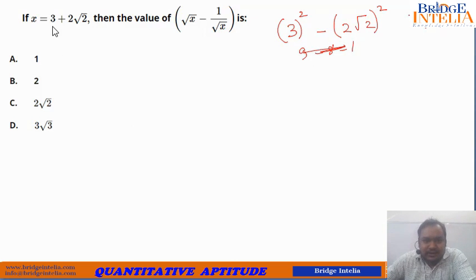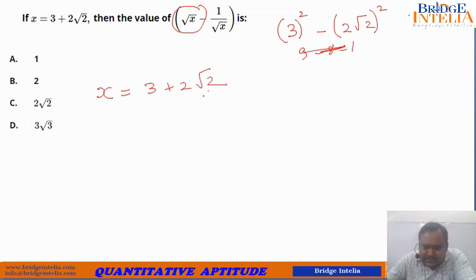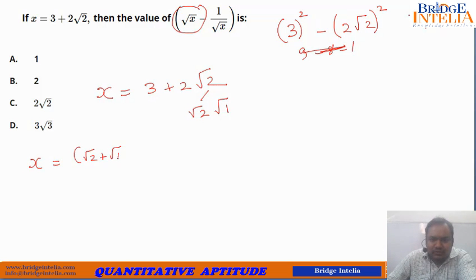In fact there is another easier way out to this. If you realize that x is equal to 3 plus 2 root 2 and you have been asked to find out its square root, then you can take that approach as well. So here is a big hint. This has been created with the help of root 2 and root 1, because if you square them and add them up, it becomes 3. So x is actually equal to (root 2 plus root 1) whole square. So hence root x comes out to be equal to root 2 plus root 1.